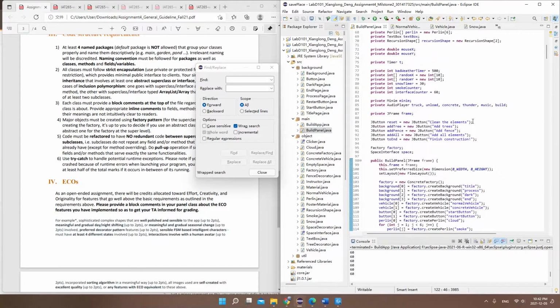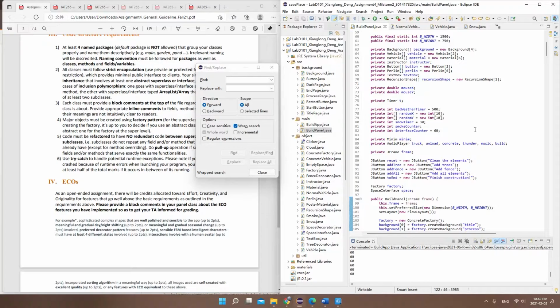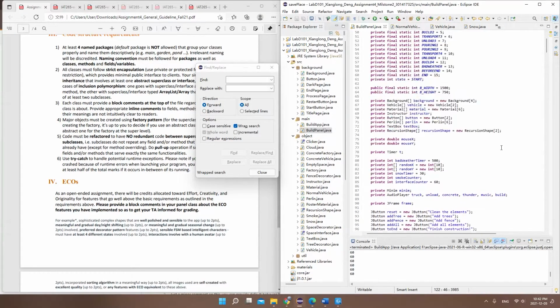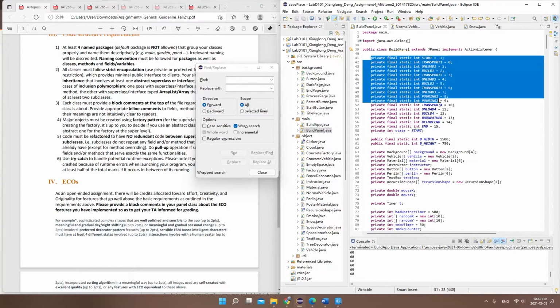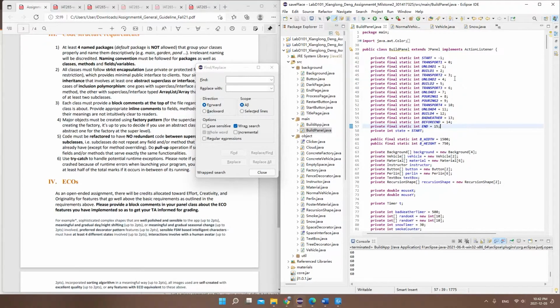My program has a linear process. User has to follow the instruction to create this building step by step. So I create a lot of states. So the states are over here to create this program, and they are named clearly. Like the start is for the start page, and transport is when the user interacts with the trucks in this program,